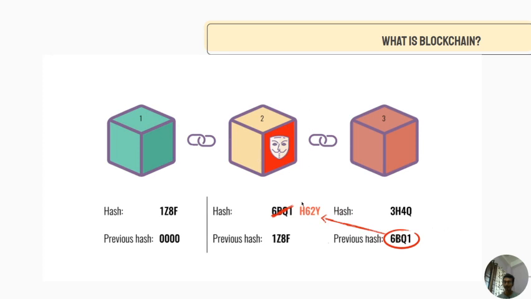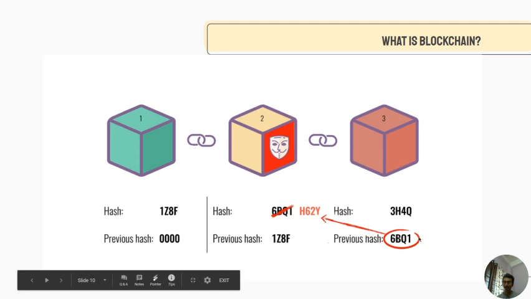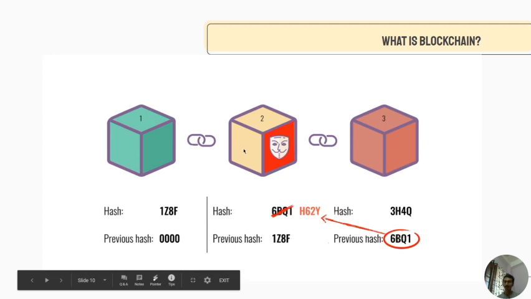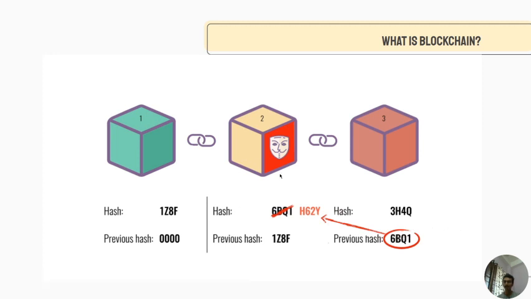So if I change the hash, I also have to change the hash of the third block, I mean the previous hash. The previous hash is also data you are trying to tamper. So for that reason the hash of this block will get tampered, and again the link will be broken. You can check that there follows a pattern. If I change the data, the hash changes, and if the hash changes, I also have to manipulate other blocks. So it follows a dominoes pattern. It goes on and on and on, and it isn't feasible.